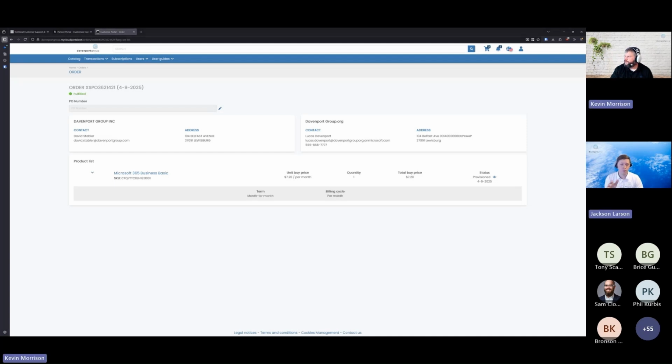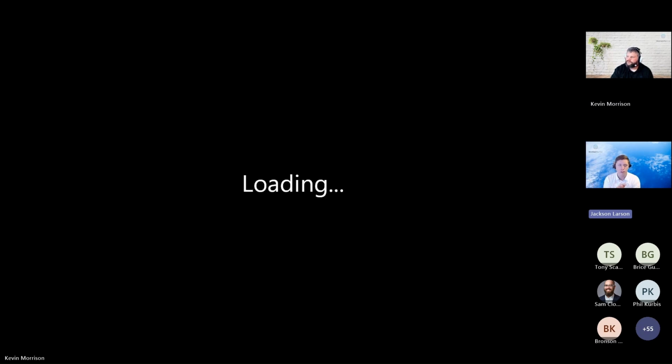Sorry, Kevin. Another great use case for that is if you have a lot of contract workers or maybe even interns throughout the summer, right? You don't have to buy a full 12-month term. You can go month to month. It is a little bit higher in price, but you're not buying a whole license for the full 12 months. So we can be very flexible in that sense of term, billing cycle, and product offering through this portal.